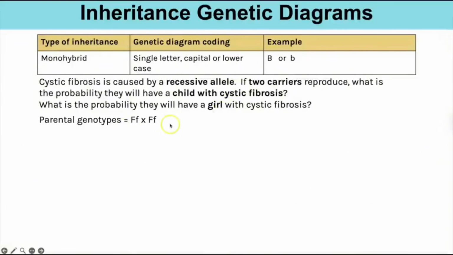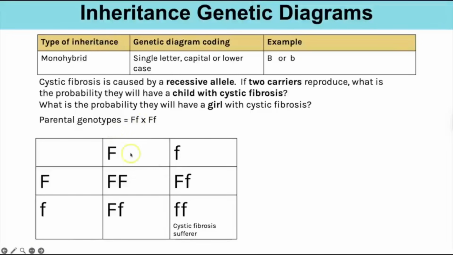So here are our two carriers. I've picked the letter F here because the capital and lowercase are different shapes. We could pick A. That's even more obvious if you had a capital A, lowercase a. So we can see here that on our Punnett square, if those are our two parents' genotypes, I've then put in the possible gametes that each parent could produce. I've then done our cross to show F with this F, the two capitals, lowercase and capital, lowercase and lowercase,